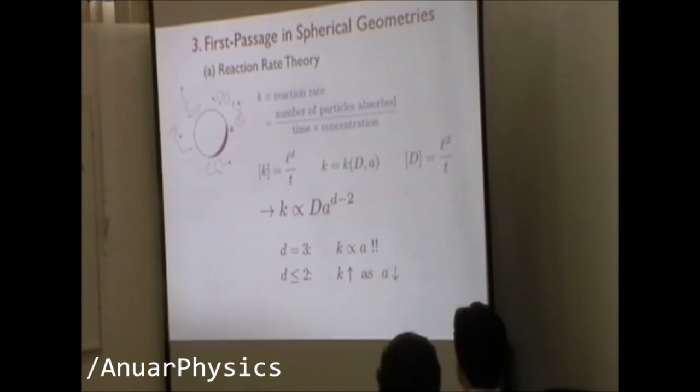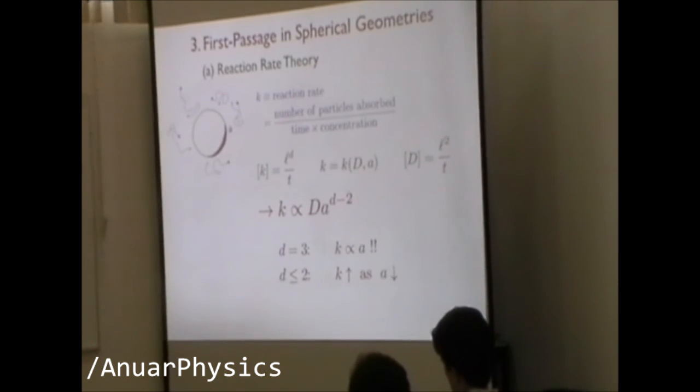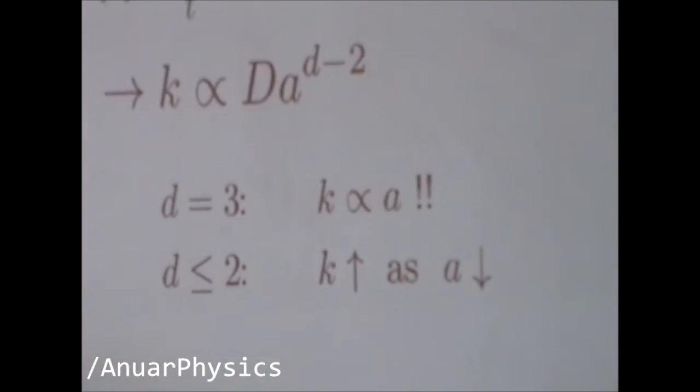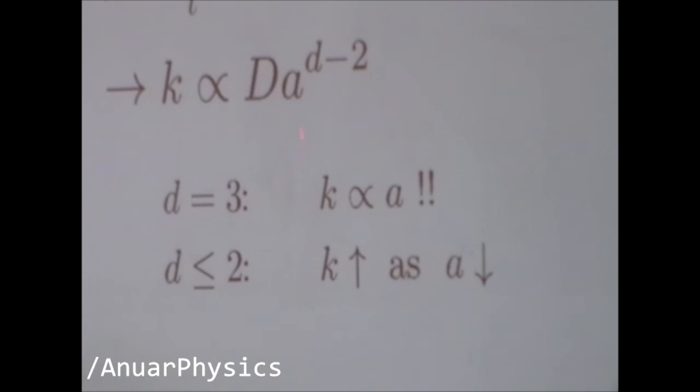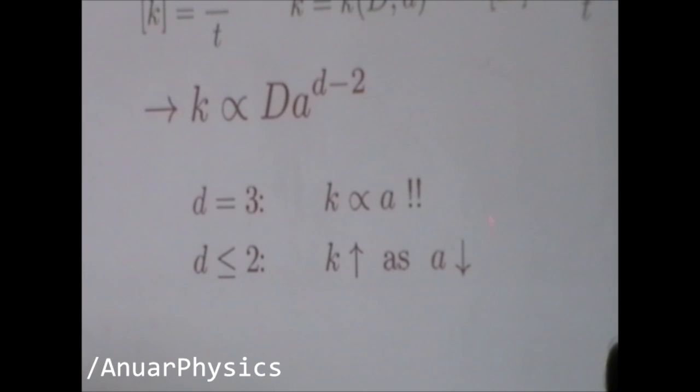If we look, though, at less than 2 dimensions, well, 2 dimensions itself is special because d minus 2 is 0, so there's logarithms going to float around. But for less than 2 dimensions, when the dimension is less than 2, the reaction rate depends on an inverse power of the radius. That says that if the radius goes down, the reaction rate goes up. So what the hell is that? And that's why I put 4 exclamation points, because something very different happens in less than 2 dimensions, and in fact, the reaction rate is not defined properly in less than